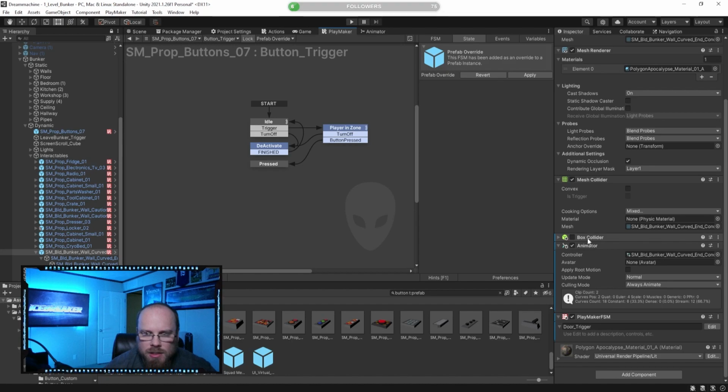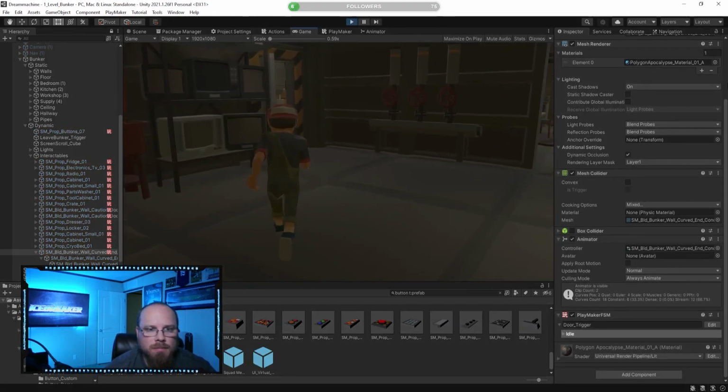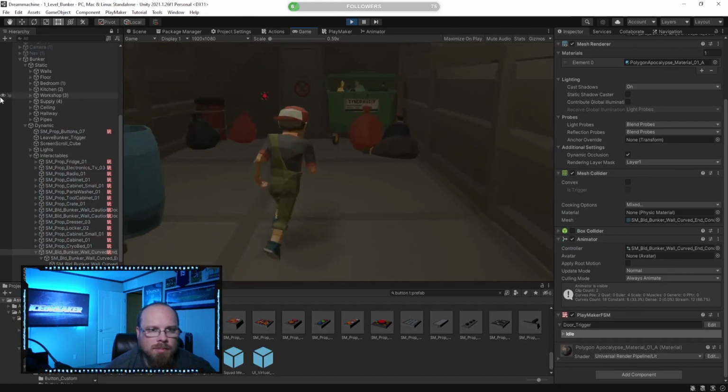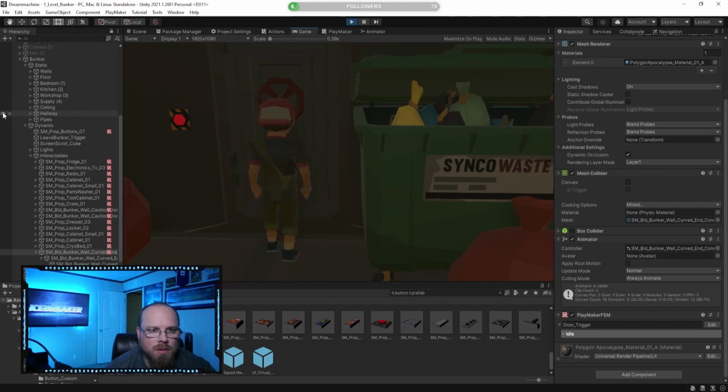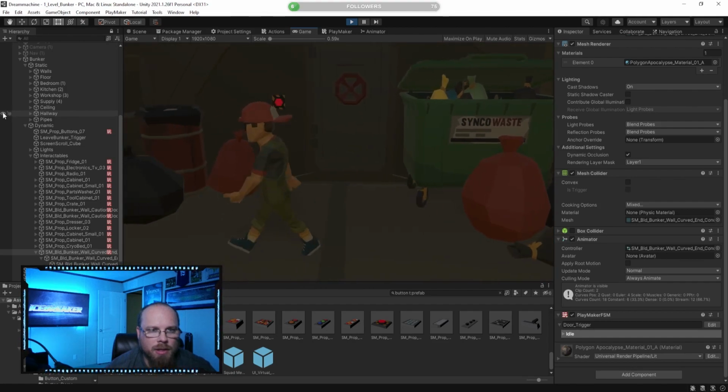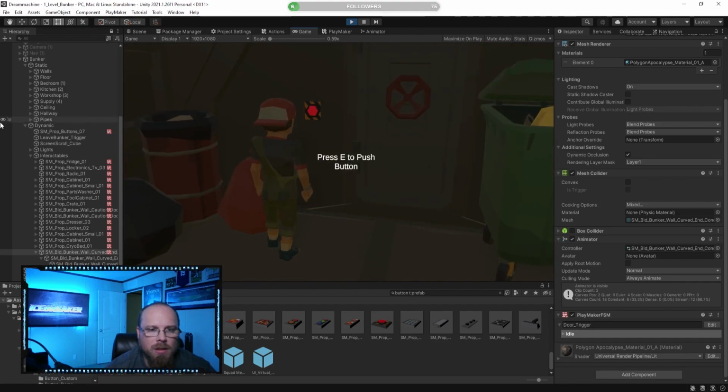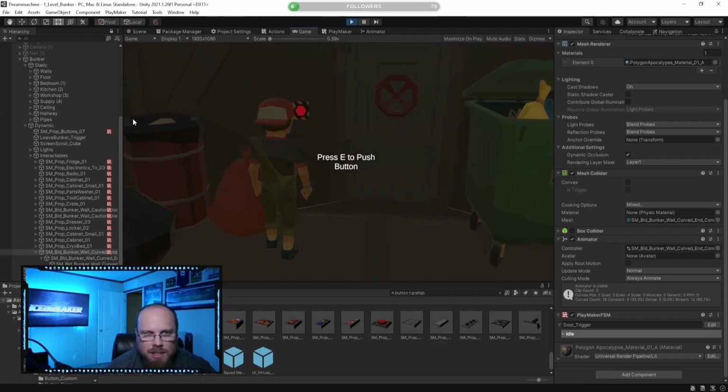Now this box collider is turned off. If we go back to that button, you can see the door itself I can't do anything with. If I come close to the button, let's press E to push the button. If I press E,